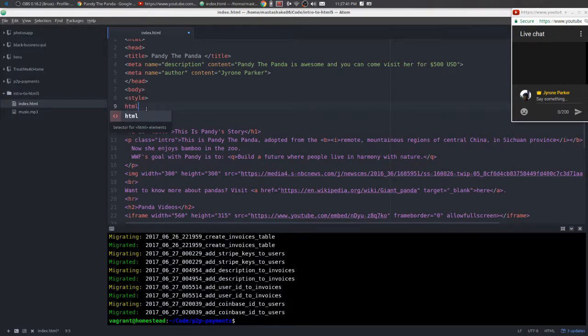So the syntax for writing CSS is you put the selector to be styled,